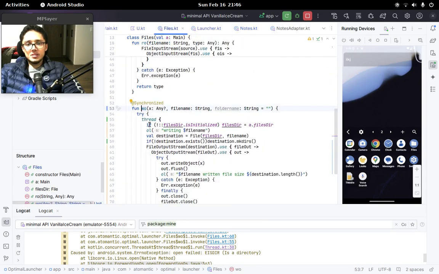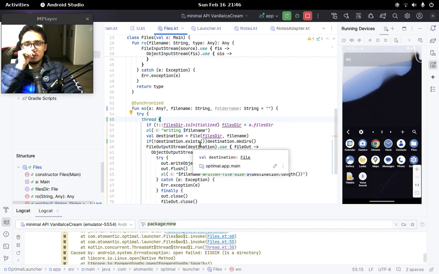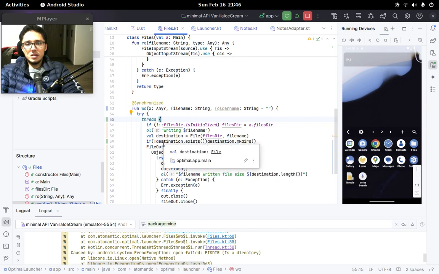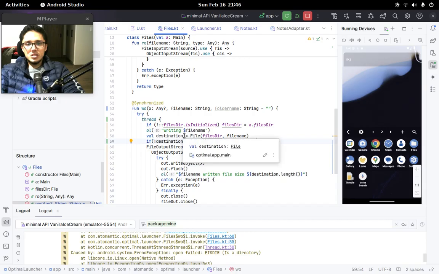I think it's because this is running inside a thread. Maybe that's why. If destination doesn't exist, then make dir. The problem is that the destination